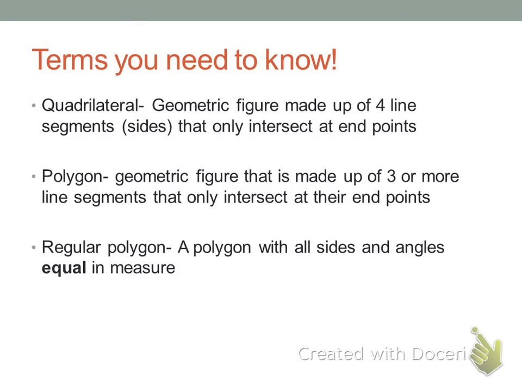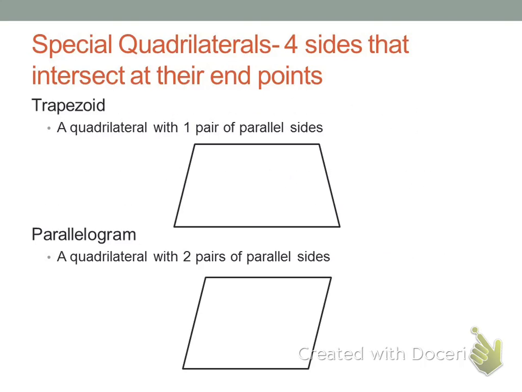Okay, and yesterday we talked about special quadrilaterals and the different types of those. The first one we talked about was a trapezoid. A trapezoid is a quadrilateral with one pair of parallel sides. And we express parallel lines with arrows. Okay? So I can use an arrow to show that the lines are parallel. So if you don't have that on the figure you drew yesterday, make sure that you draw those arrows on